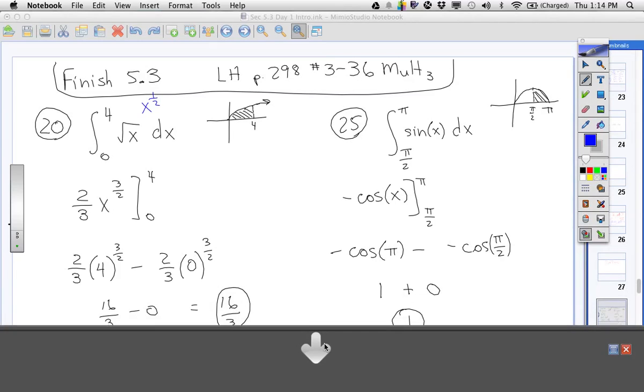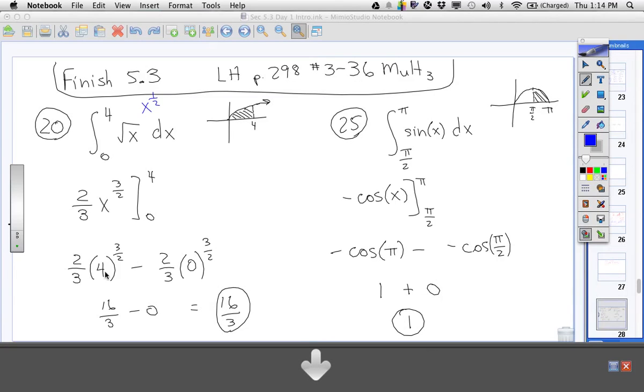16 thirds. So you'd have 2/3, 4 to the 3/2, and of course 3/2, that's square root. Square root of 4 is 2. 2 cubed is 8. 8 times 2/3, 16 thirds. 0, of course, is just 0. So you get 16 thirds. Over here, now,